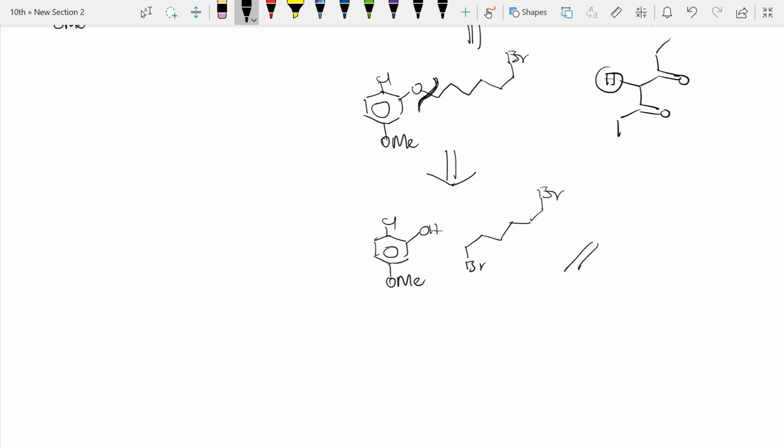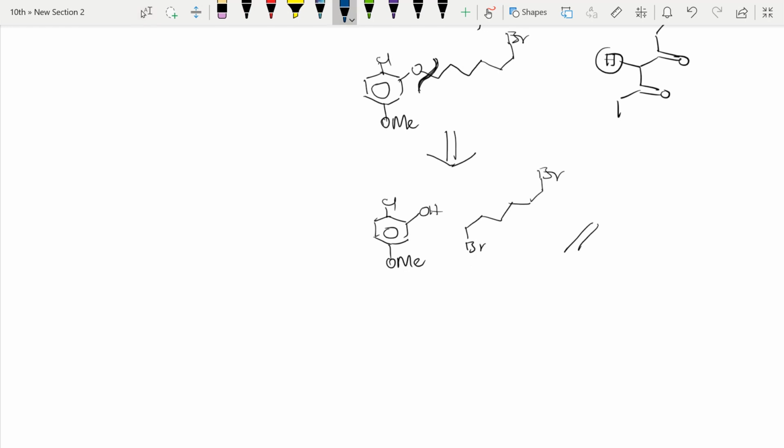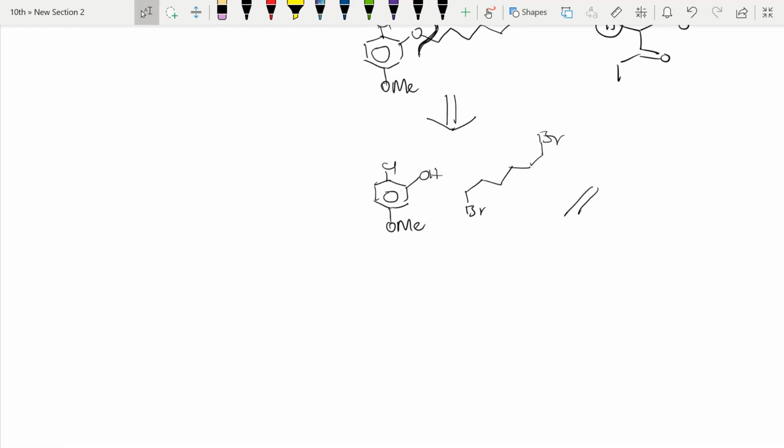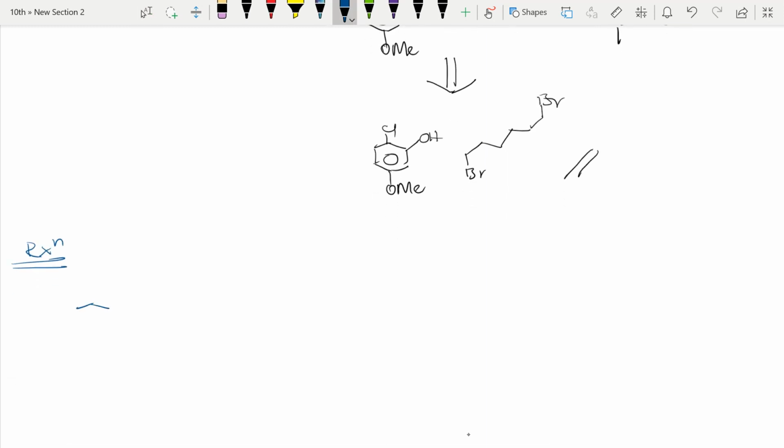Same thing, right? So these are the products. If I want to write the reaction, let us see. I will start with these things only, right? So this is my reaction. Same thing I will take: here chlorine is there, here OMe is there, and here OH is there. I will do this reaction in the presence of base, I have told, right? In the presence of base, this H plus will be removed. So negative charge comes on oxygen, that will attack this carbon, and this bromine will leave the system. So what happened? I got this thing.